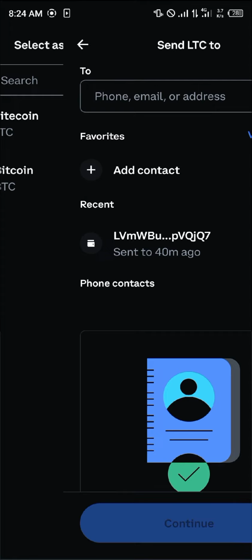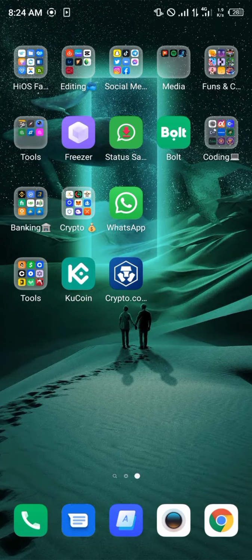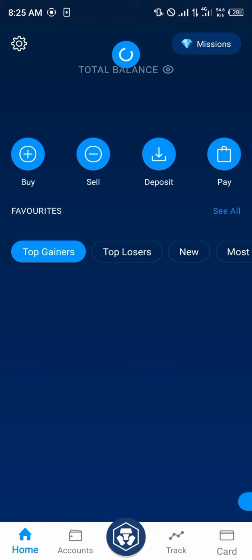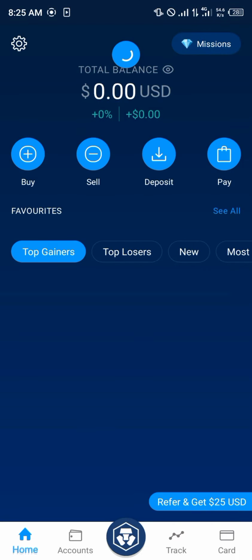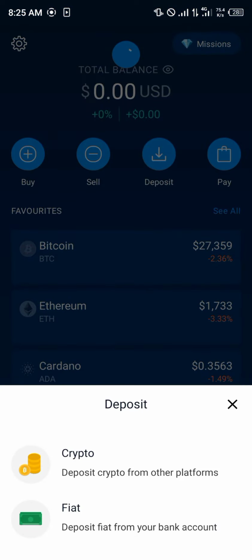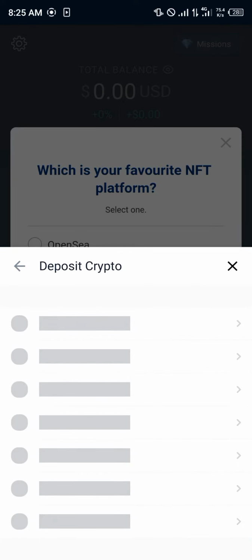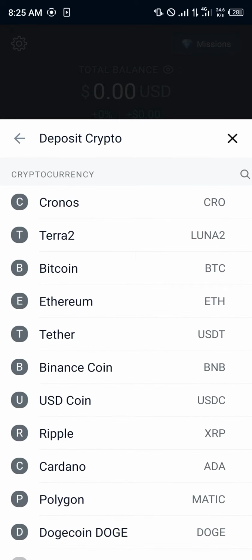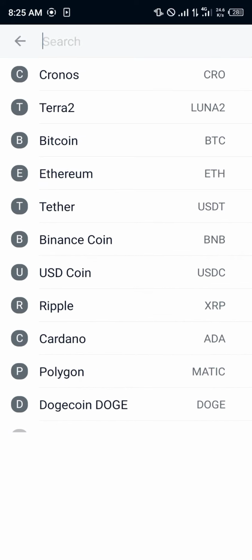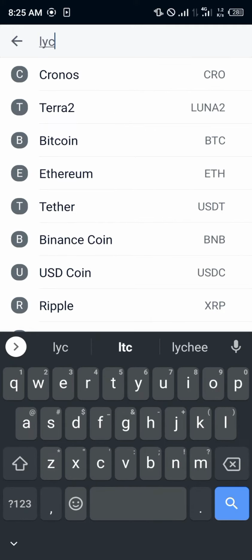So from here, we simply minimize this application, head over to crypto.com, give it some time to load up. And once crypto.com has loaded in, you simply click on deposits and click on crypto, and we're going to be receiving Litecoin on our crypto.com. So you click on the search icon, which is hidden here, search for LTC,